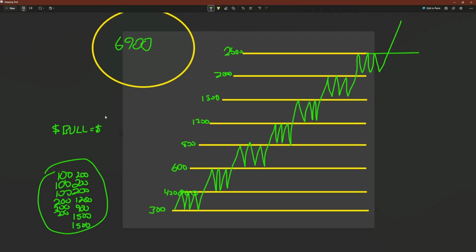What does it take to get $700 for a second wheel, right? It's going to take 1, 2, 3, 4, 5 trims, right? So we've got to go from 300 to 400 3 times. Then we've got to go from 400 to 600 2 times. Okay, so 5 trimming events gets us that extra $700 for a second Bull wheel. Okay, does that make sense? Until we can afford that, we just stick with the 1.